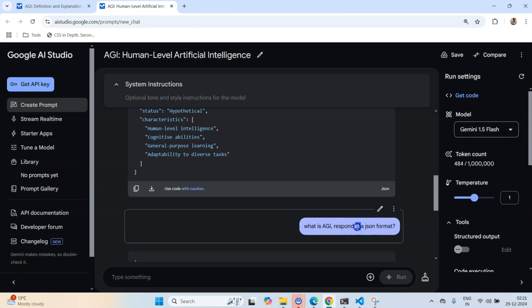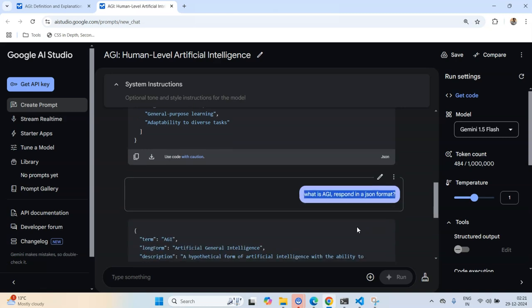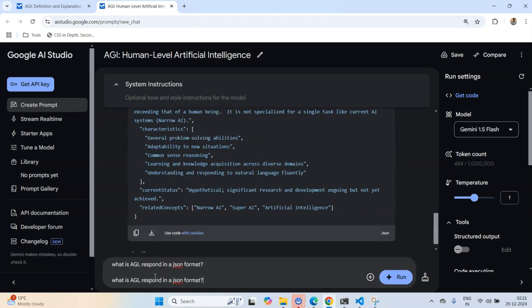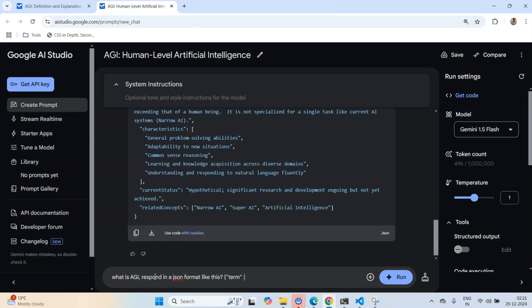Even though we do some intelligent prompting, now what we can do is we can copy this prompt and say, in a JSON format like this. So we can say maybe term, full form.